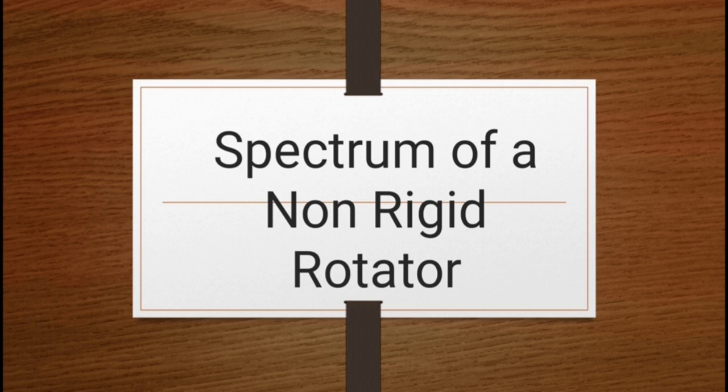When the molecule rotates, it simultaneously undergoes vibrations, and due to the vibrational motion, the stretching and the compression, the bond length of the molecule is not exact, but we can measure it in the form of an average value. Those points we have learnt earlier. So we will see in today's lecture the spectrum of a non-rigid rotator. So let's start.